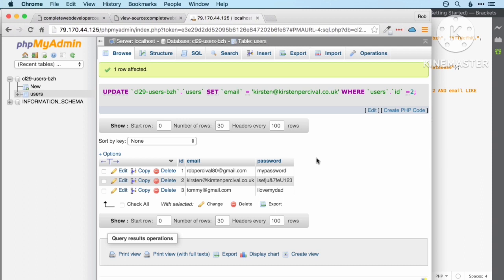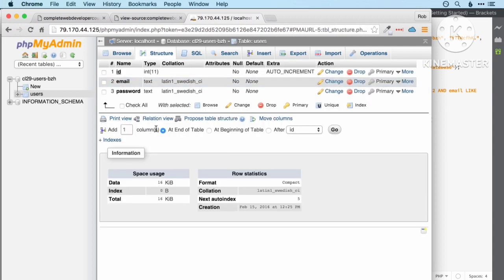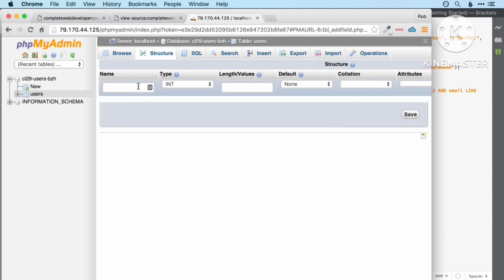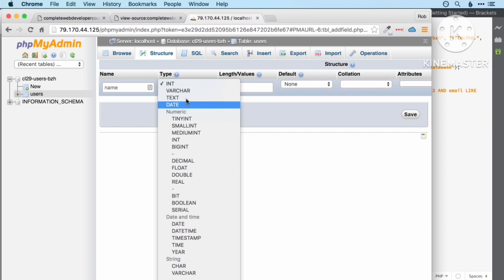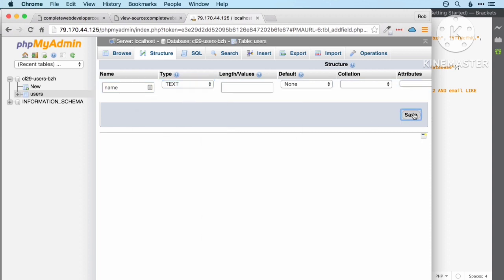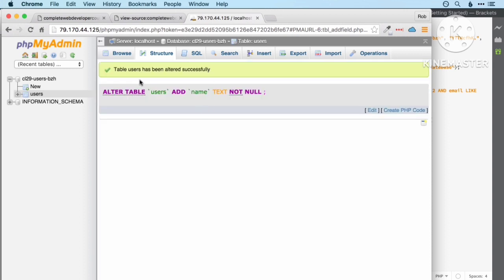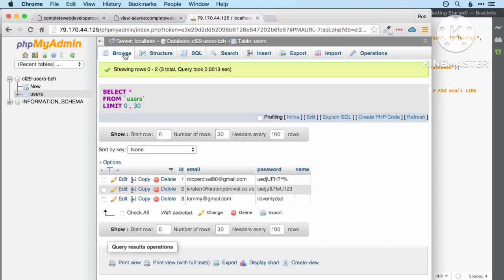Now let's add a column to our table, and I'm going to do that in phpMyAdmin. So I'm going to click structure and then add 1 column at the end of table, go, and the column I'm going to add is name, and that's going to be a text field. There we go. So now let's browse,